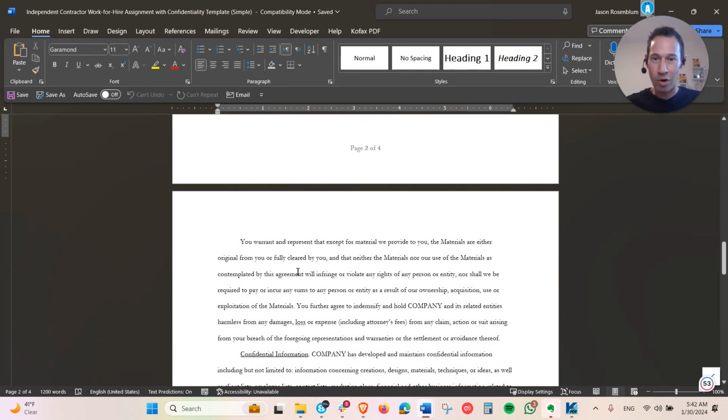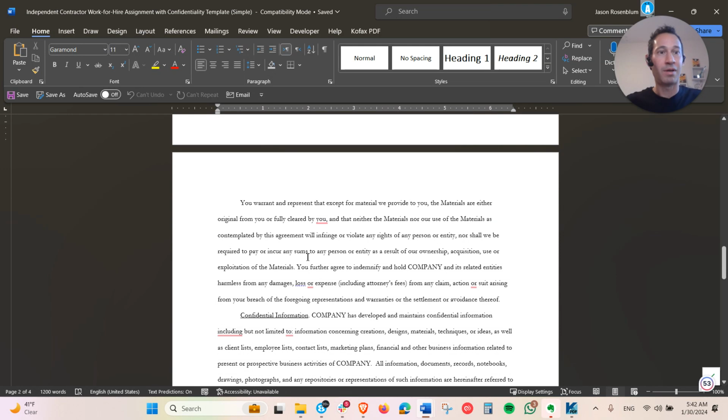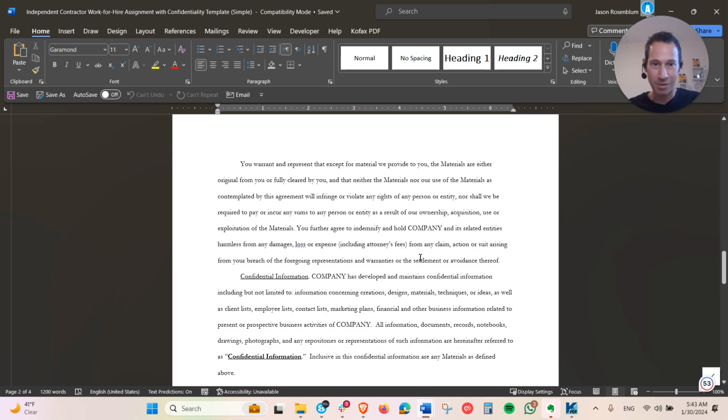And here we also have some warranties about, like, if they're using work, they're making sure that they're clearing it. So especially in graphic design, in video, in music, if someone is bringing in other work, we want to make sure that they got the proper license to do that, so that our client can be held accountable for it. And of course, if there's a much bigger project where there really is a lot of work that's coming in that needs to be licensed, you're going to want something more robust than just this simple agreement to do it.